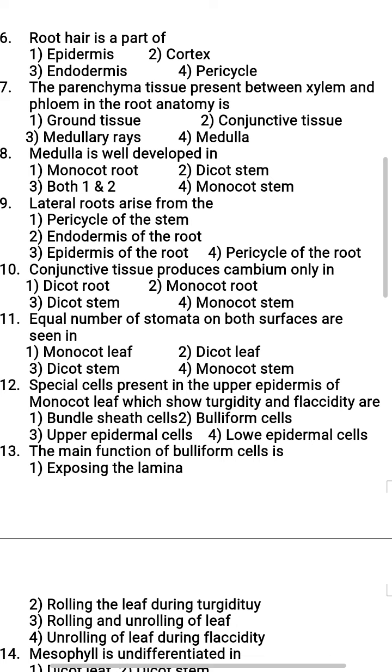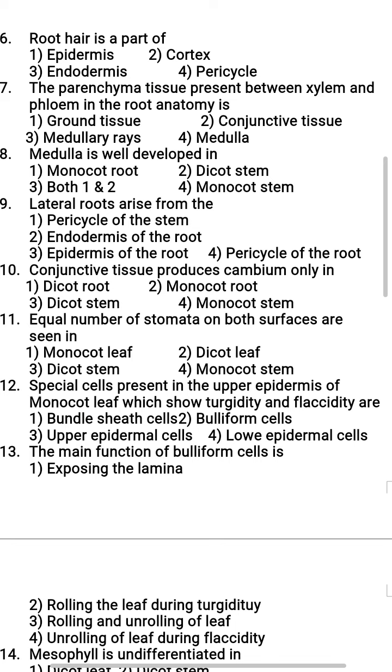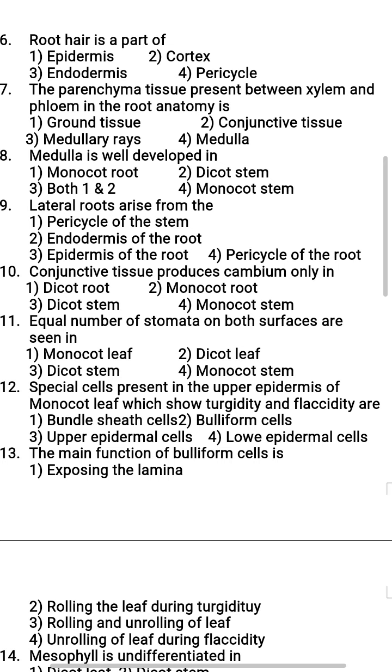Initiation of lateral roots and vascular cambium during the secondary growth takes place in these pericycle cells. The pith is small and inconspicuous. The parenchymatous cells which lie between the xylem and the phloem are called conjunctive tissue. So there are usually 2 to 4 xylem and phloem patches present here in this dicot root. Okay, now students, let's move to 11th question.